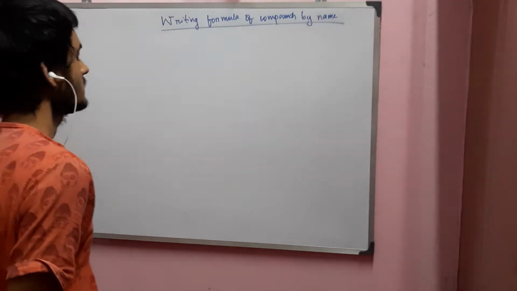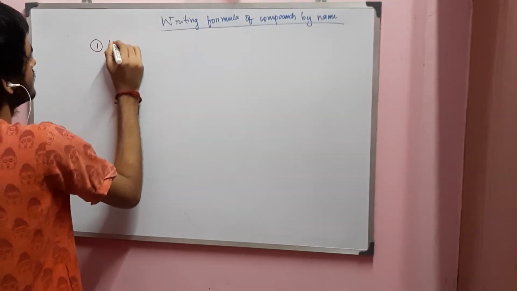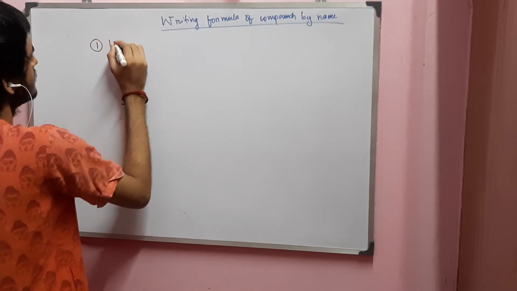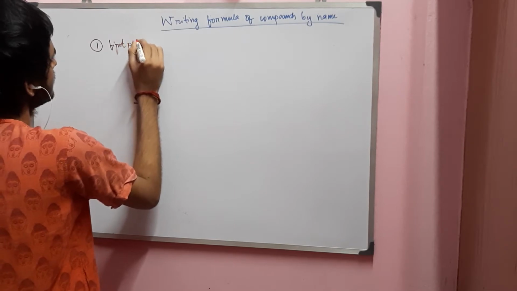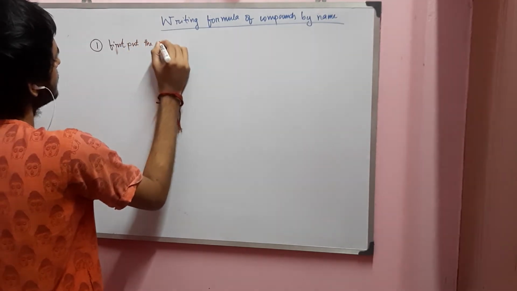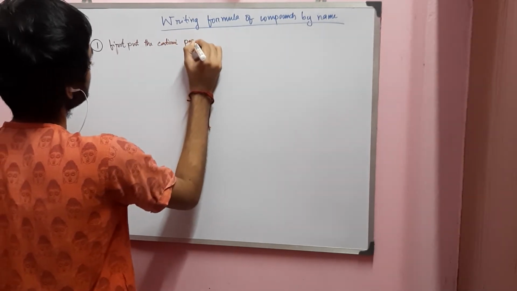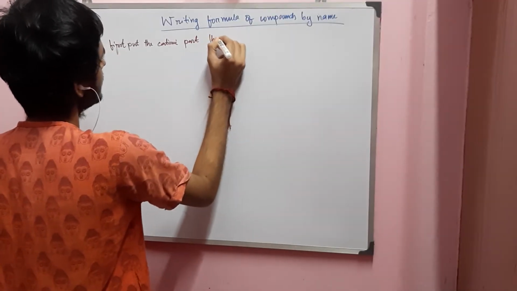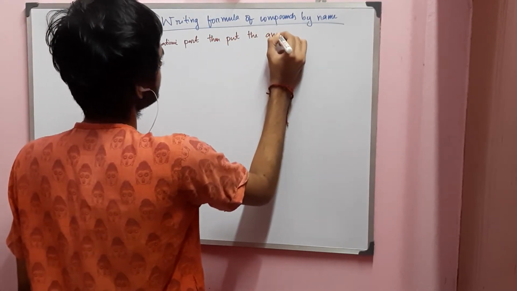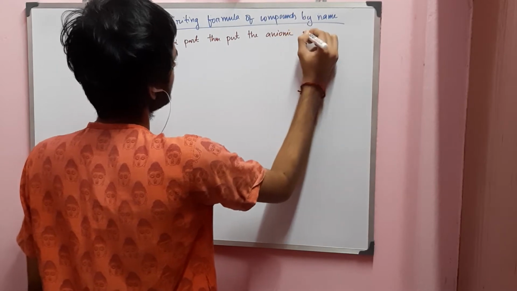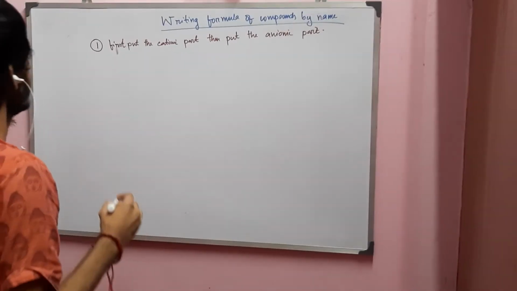The first rule is: first put the cationic part, then put the anionic part. Okay, and the second rule is